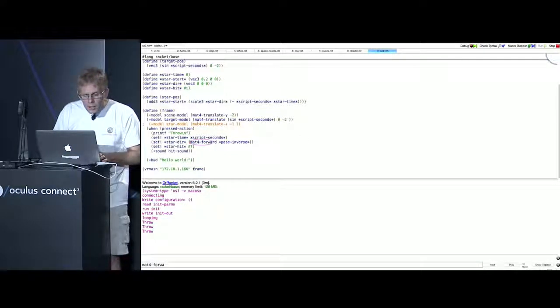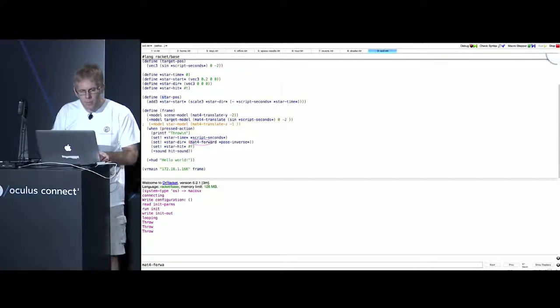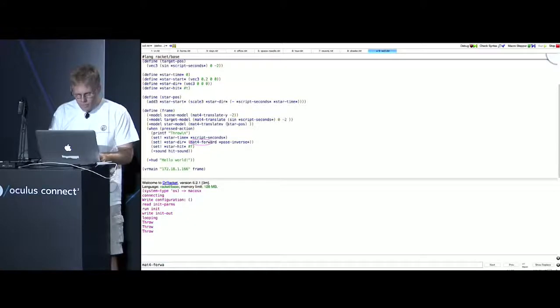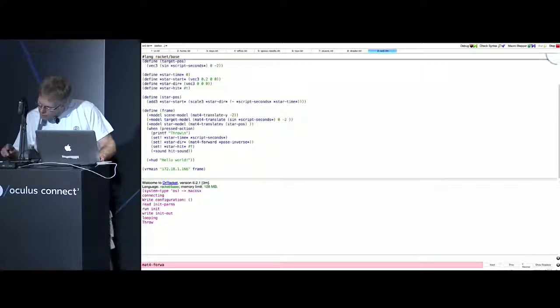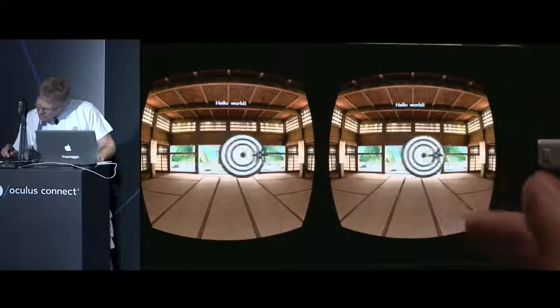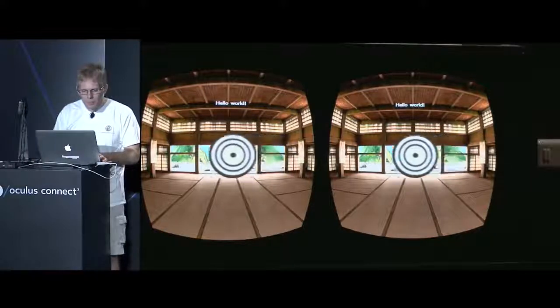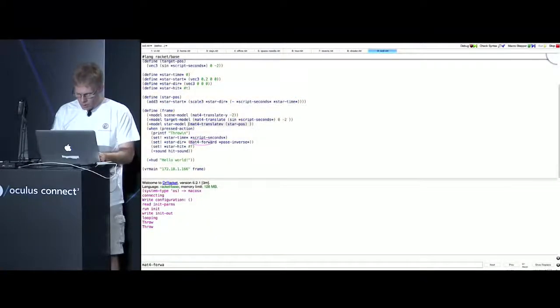All right, so let's calculate our star position and use that now for the drawing. Okay, so the star is sideways, so we're going to rotate that now. So we'll do a compose of